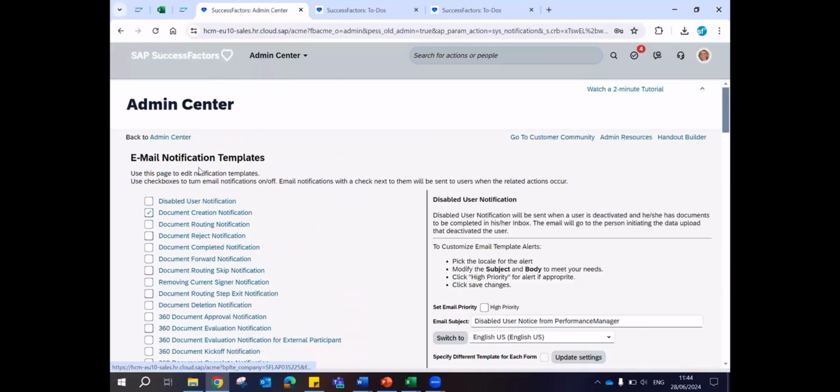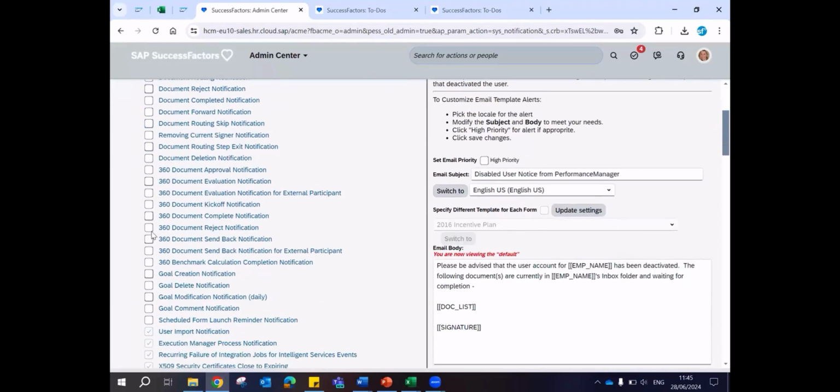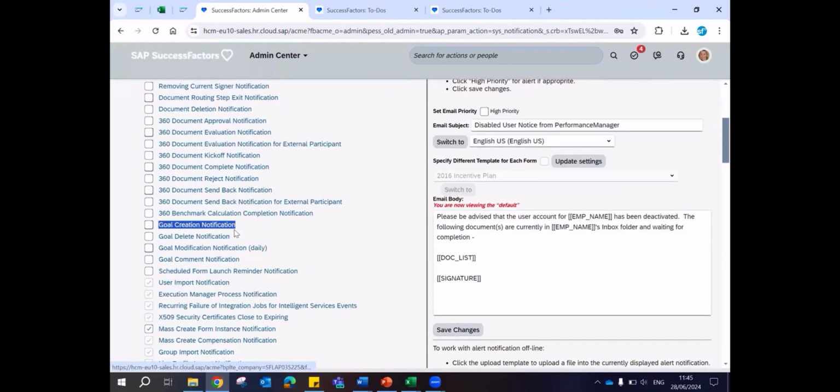On top of it, in the EC module and the recruitment module, we will also see creating additional custom email notifications. So this is one consolidated place where all the email templates that SF standard offers are listed. Which emails to be triggered and what is not required to be triggered, you can choose accordingly. For example, now in a performance management module,